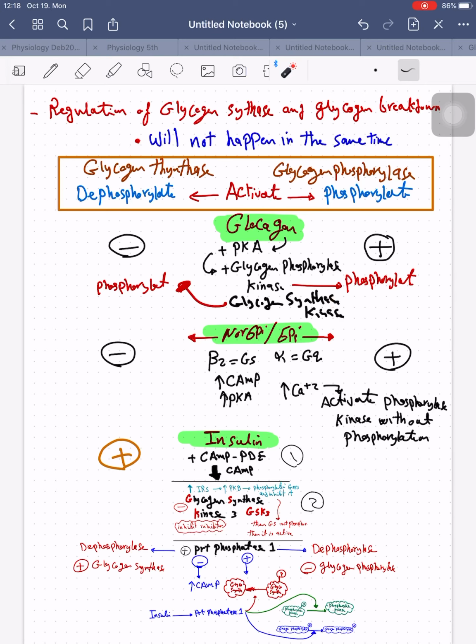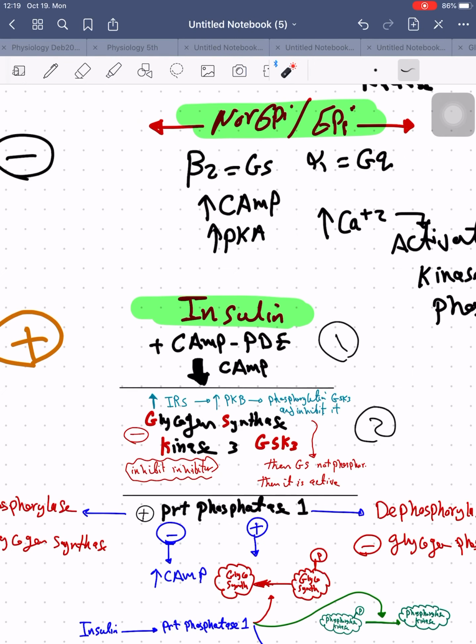One mechanism is by decreasing cyclic AMP and PKA, so I'm not activating this one. And the other mechanism, I directly inhibit that one, because when insulin binds the receptor, this